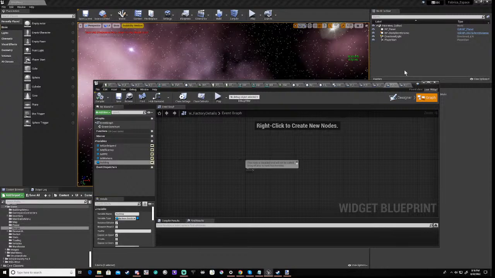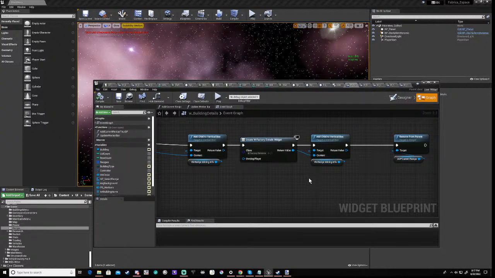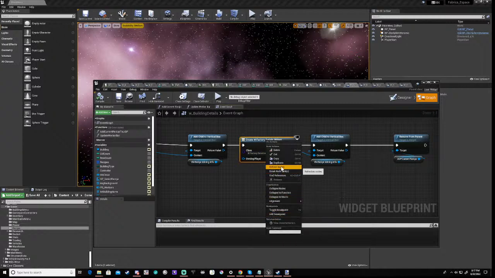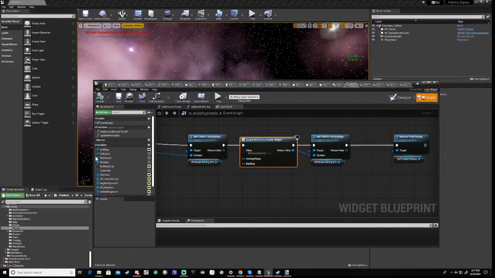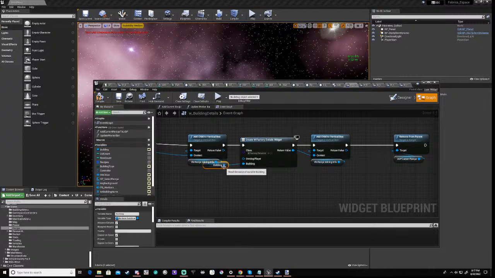So we'll save that. Then if we go back to this widget here and we refresh the nodes, then we pass in the building. Now we've got our building information. Okay,